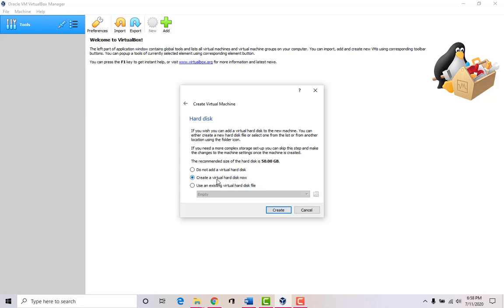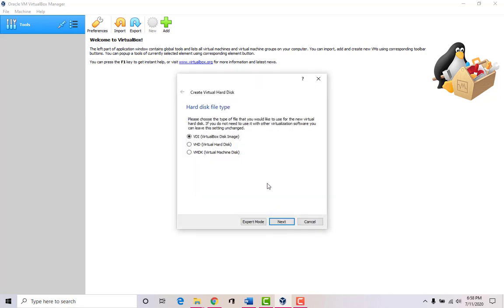We're going to create a virtual disk, and this is going to be probably 20 to 40 gigabytes, but to be safe they recommend 50 gigabytes. Hopefully you have that space. Click create, and it's going to be a VirtualBox disk image.